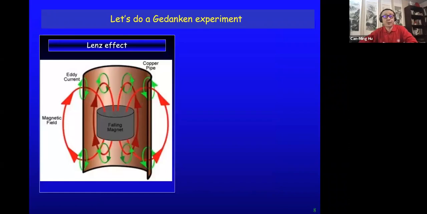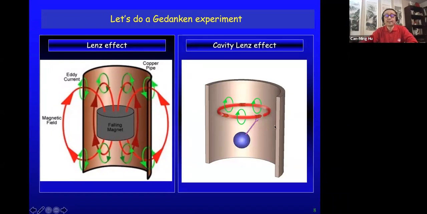Now, with that, you can do a Gedanken experiment. Imagine that this magnet is not just falling down, but rather it is oscillating up and down. Of course, that is also going to induce current in the copper tube, and the current will also be oscillating. Now, these two oscillators will be coupled by a kind of frictional force, no longer this spring force. And this kind of experiment you can actually do in the lab, because if you put a YIG, a ferromagnetic material, inside a metallic cavity,